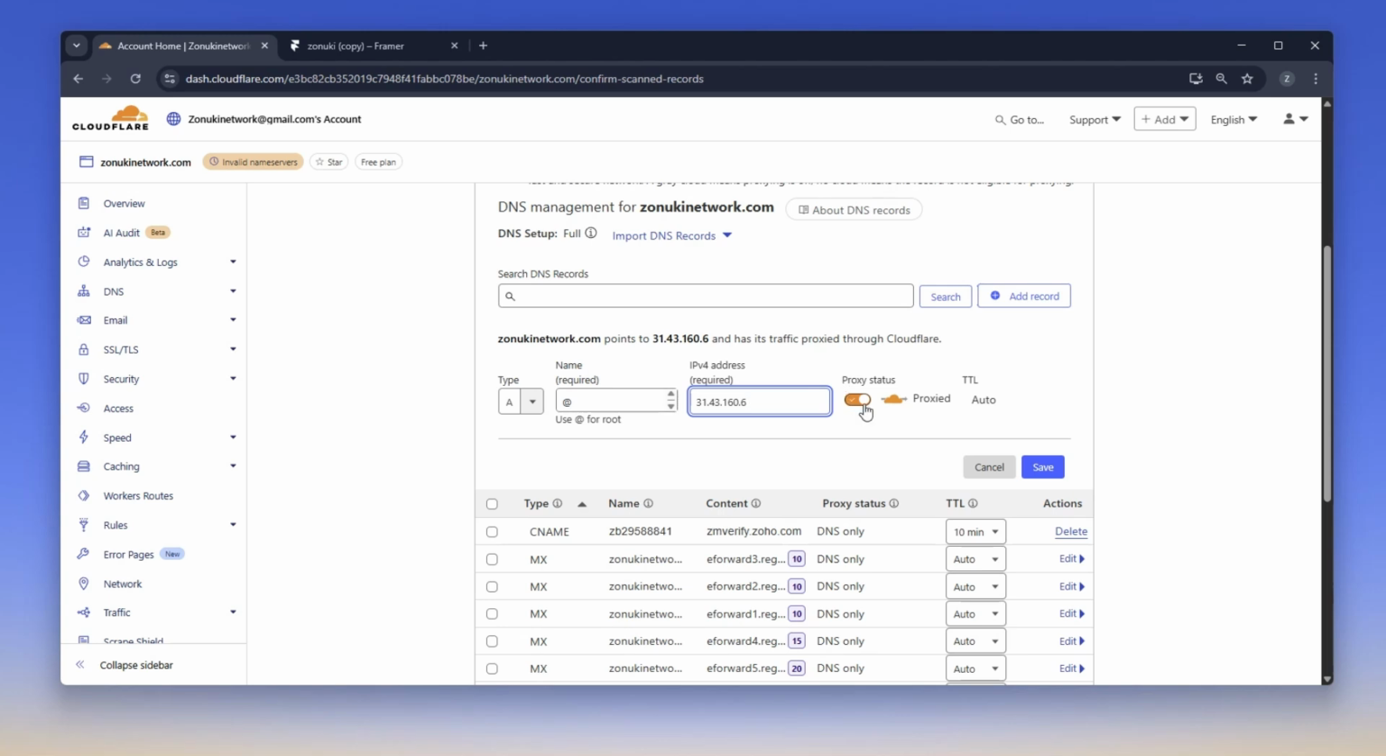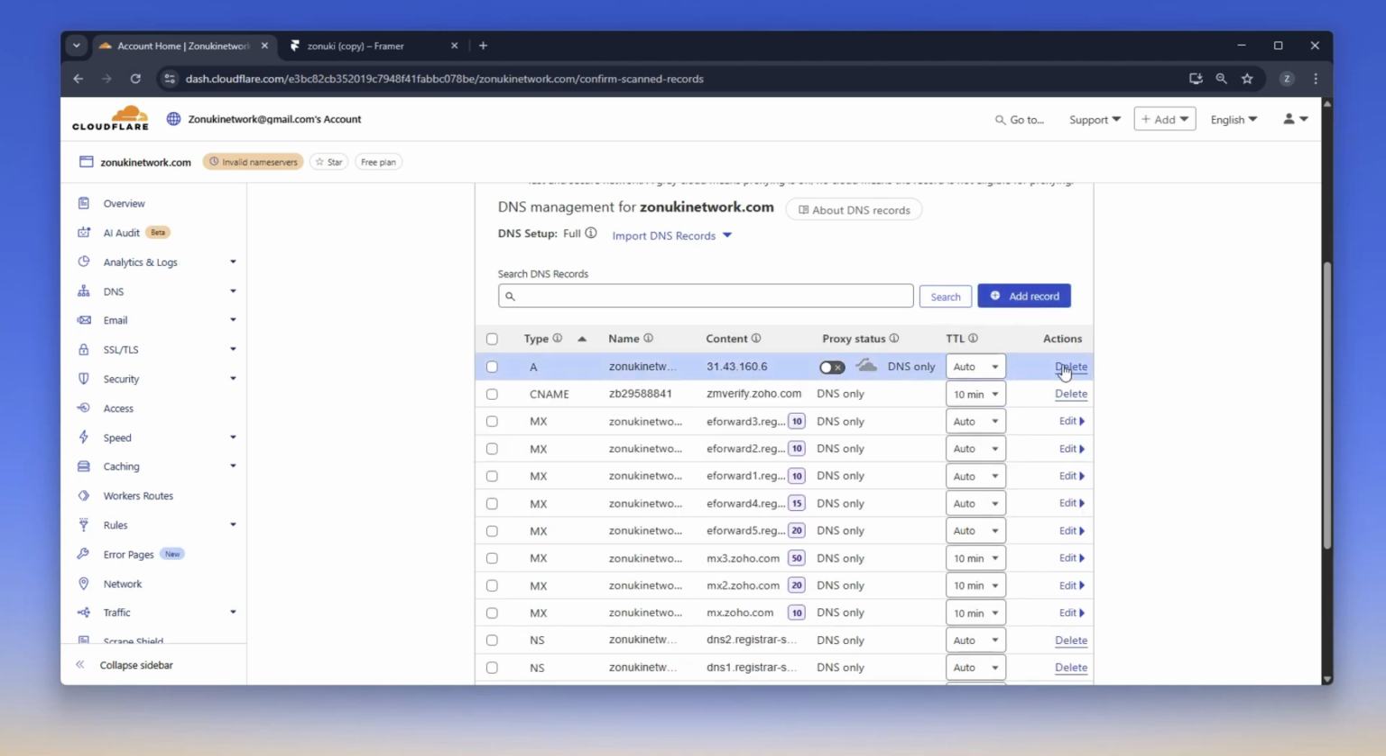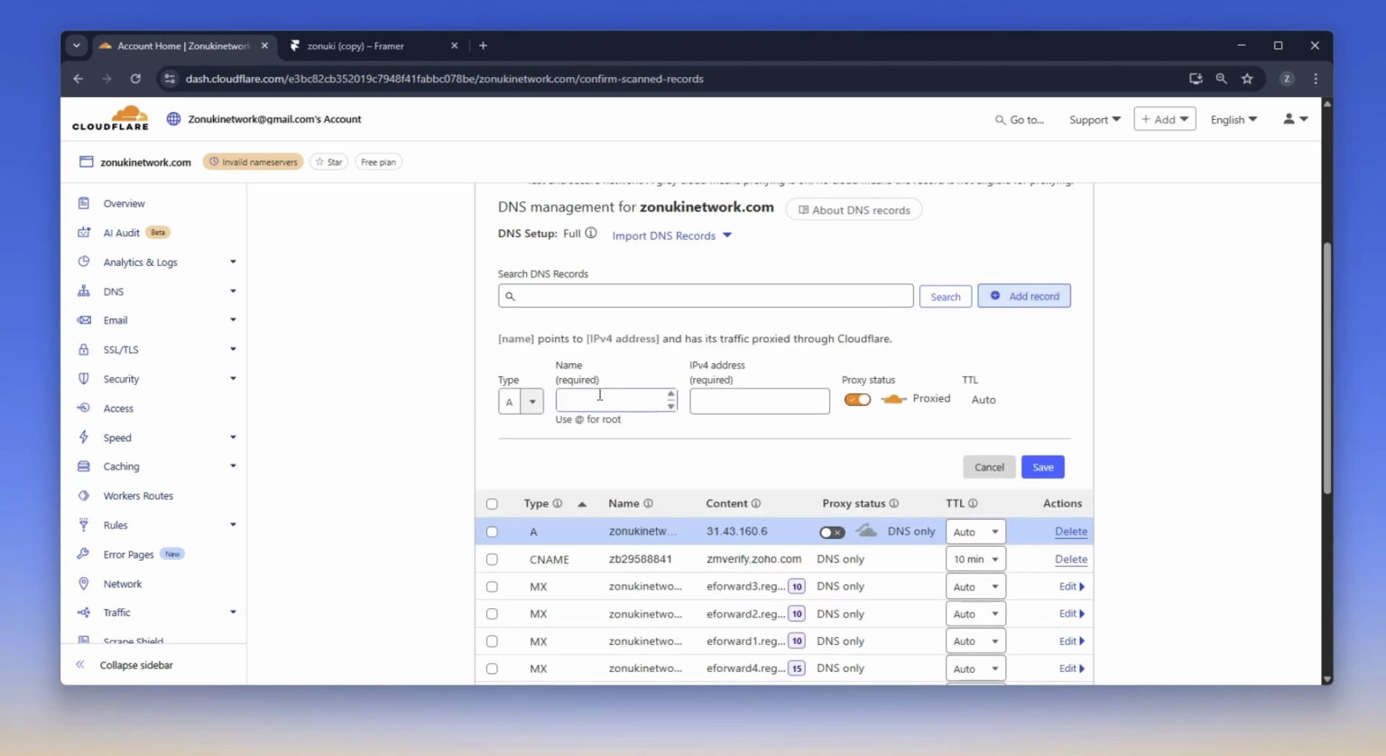And then I'm gonna uncheck the proxy, because we just want to handle the DNS only, and I'm going to explain to you why this is the case. And then time to live, TTL, just leave it on auto and click save. Okay, and I'm going to add it, and then I'm going to do the same. I'm going to add the other record,